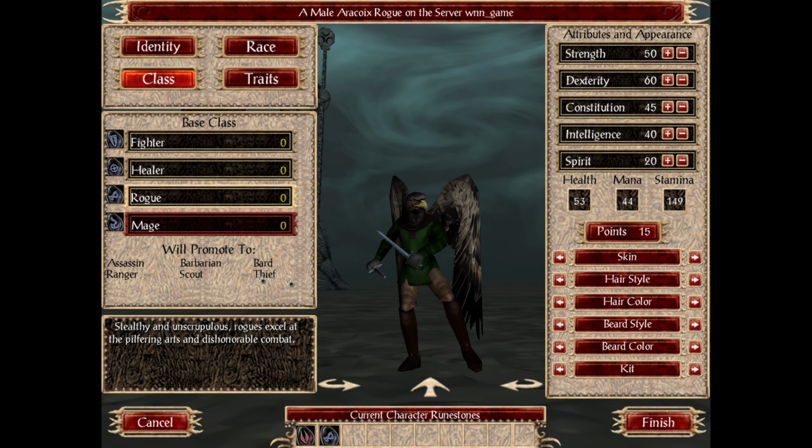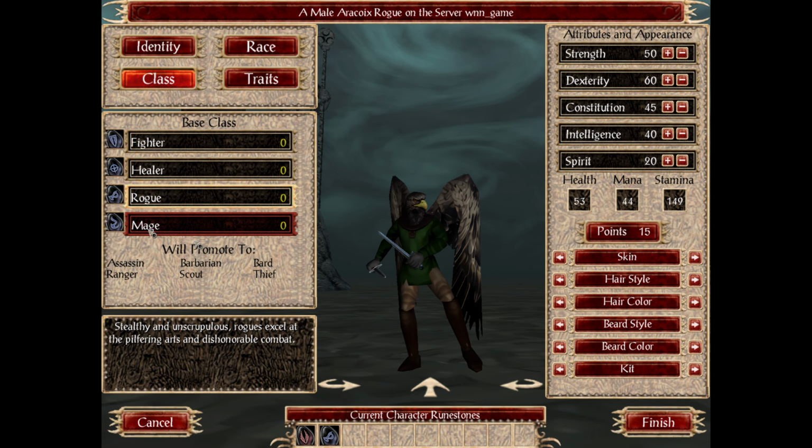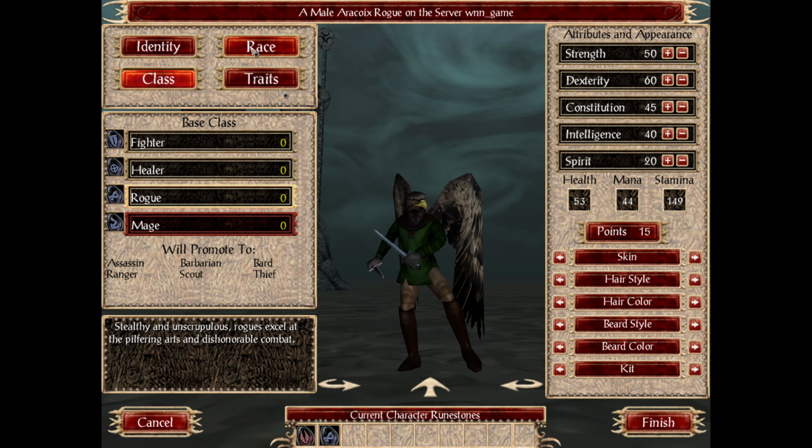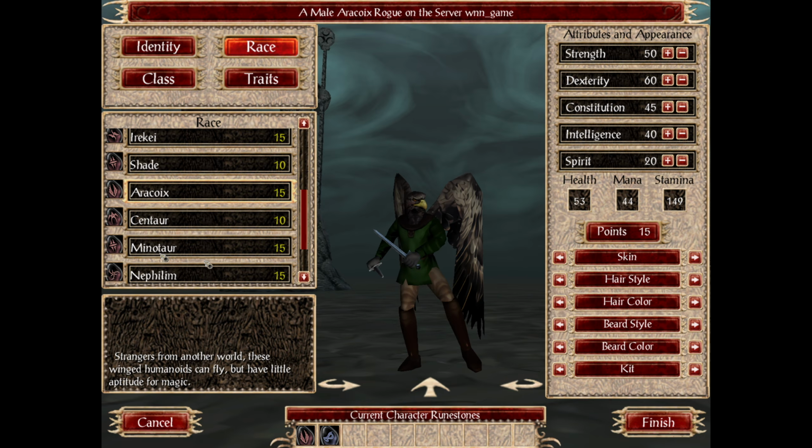Then we have Thief. Accomplished masters of the rogue's arts, thieves are specialists in stealth and evasion. In battle they are elusive, yet full of dirty tricks that can humble even the mightiest warrior if used well. And we can't see mage because the Arakoi cannot become mage. That's sad. So let's try...